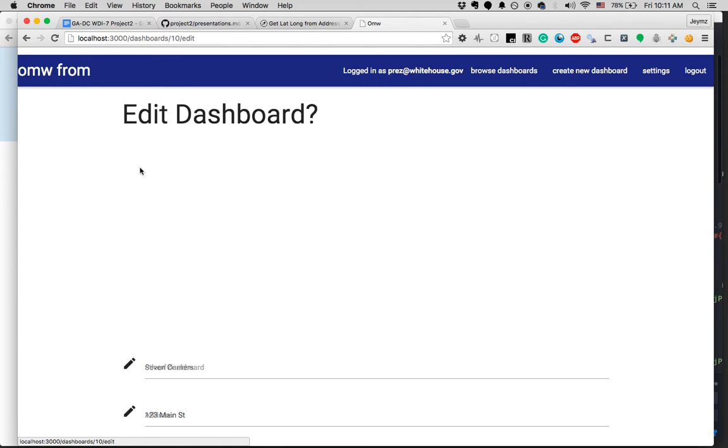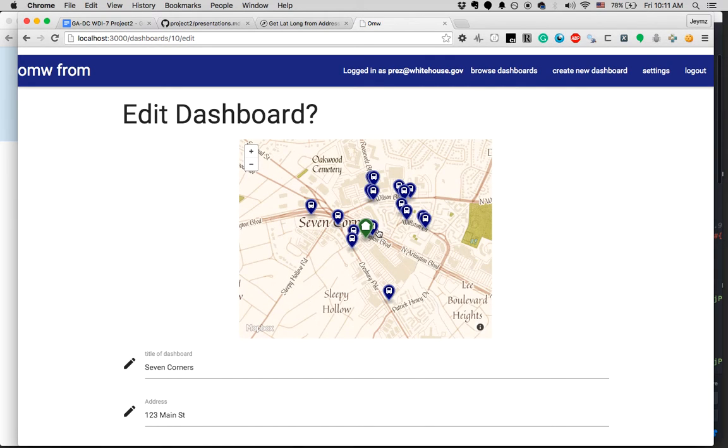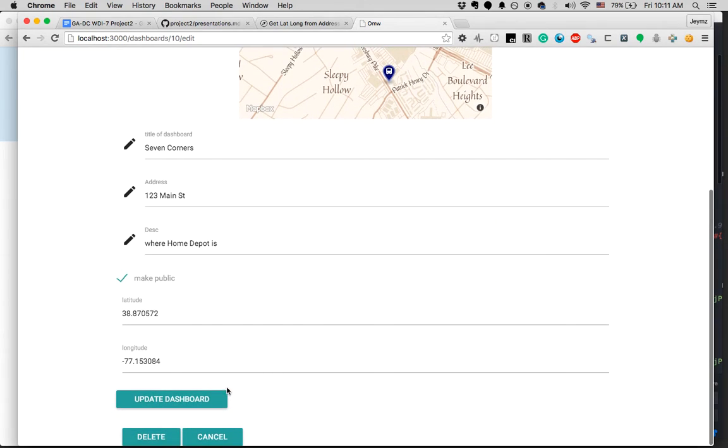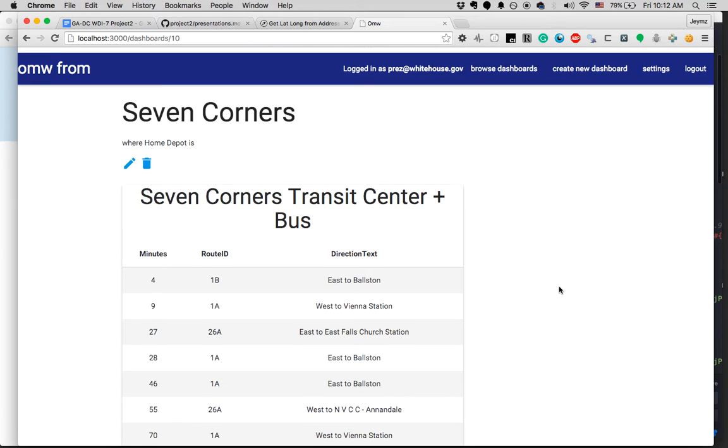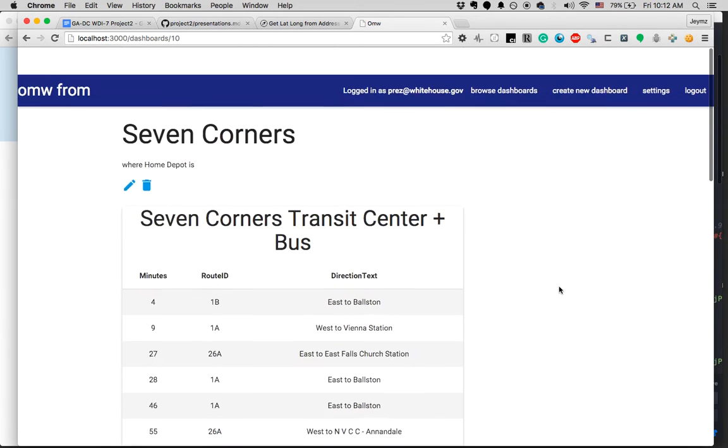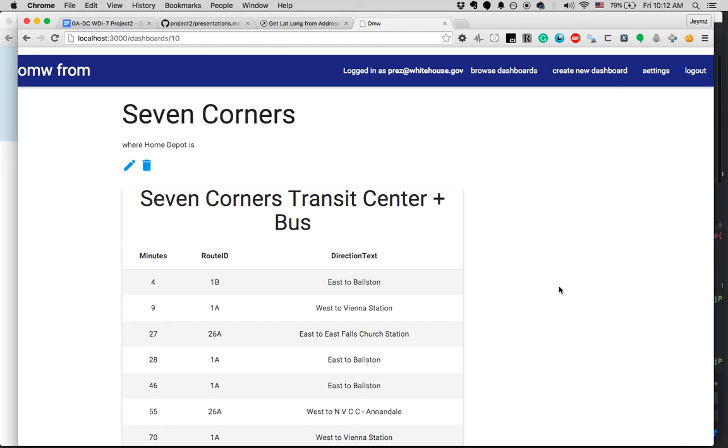Now I want to edit it to add something useful. So here are the buses near 7 Corners, and let me add them in. Update. And they're in there. So that brings me to the next feature I wanted to implement, which was basically